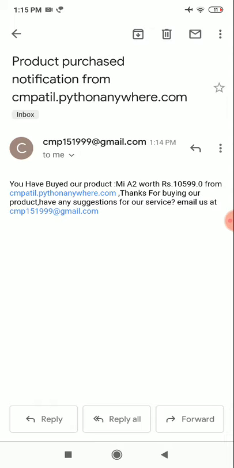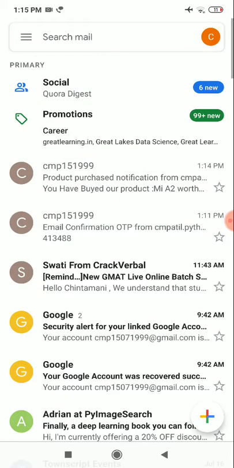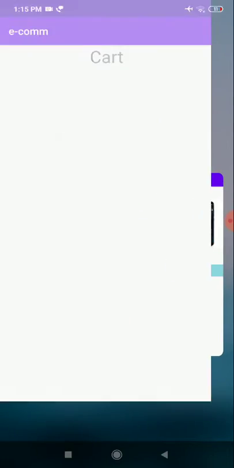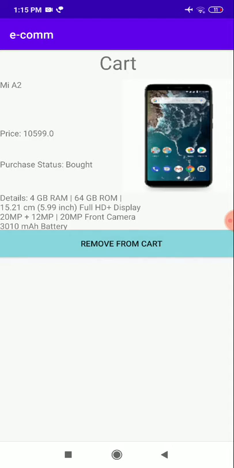And you can email us at cmp151999. I am working on getting suggestions, and based on them I will make changes. Also you can remove the product from the cart.